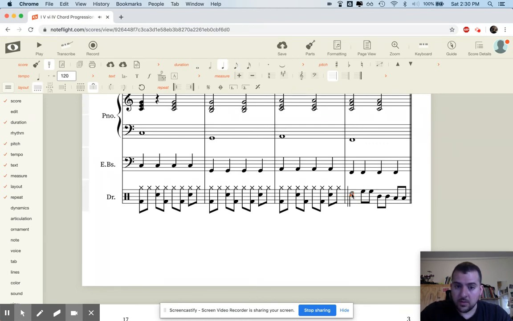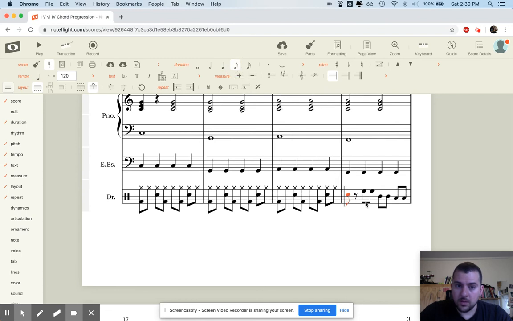It should be an eighth note. Should be an eighth note. And then eighth note here. Okay. And then